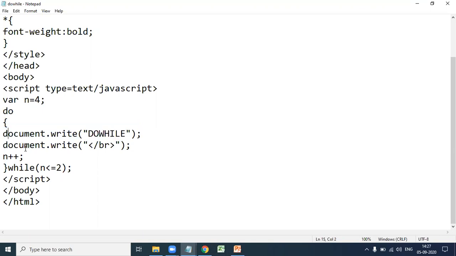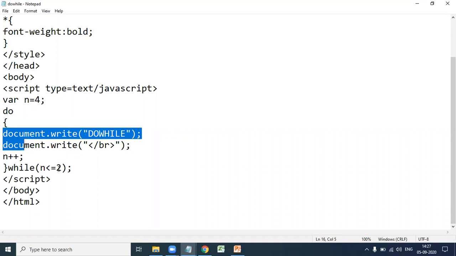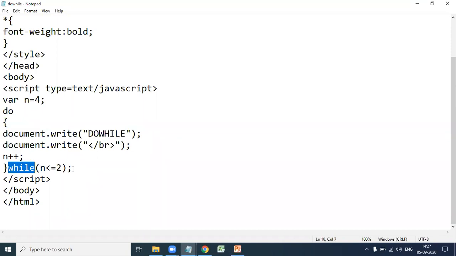So here first the body of the loop is executed. Then after that we check the condition. Okay. So the output for this program is that do while is executed only one time. Why? Because here n equal to 4. Next one, document dot write do while. So it prints do while. Next n plus plus, 4 plus plus 5, that comes after the next step.